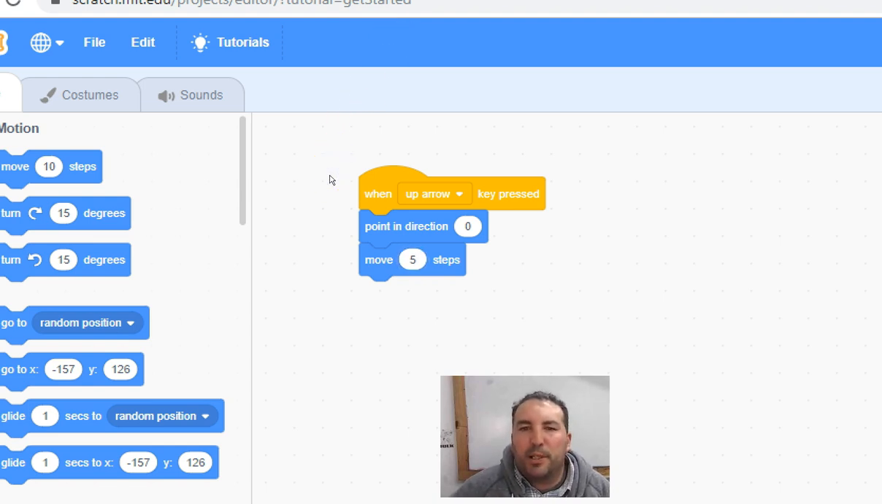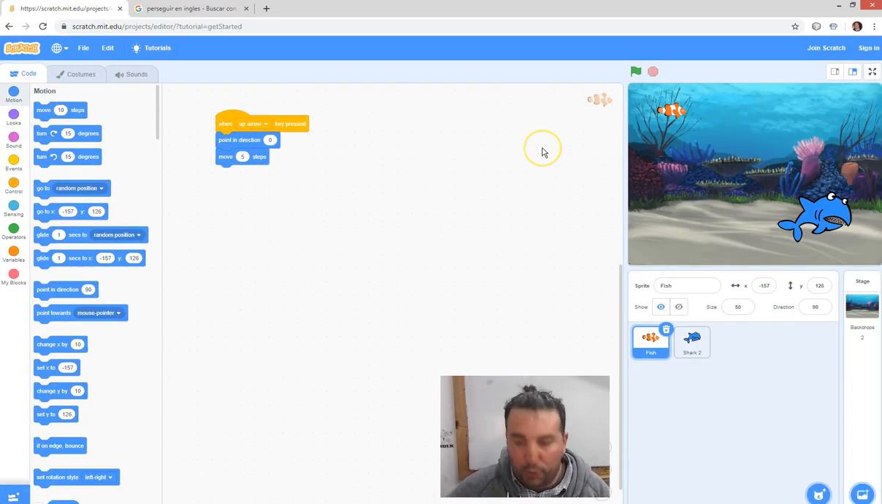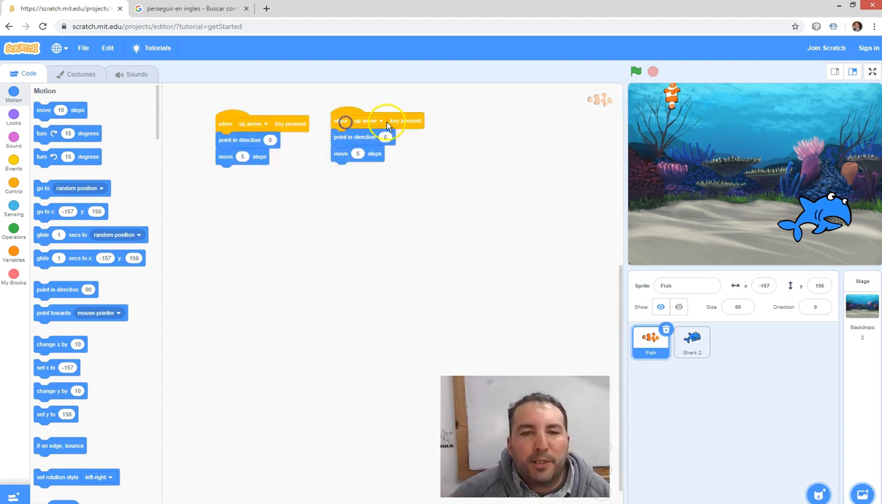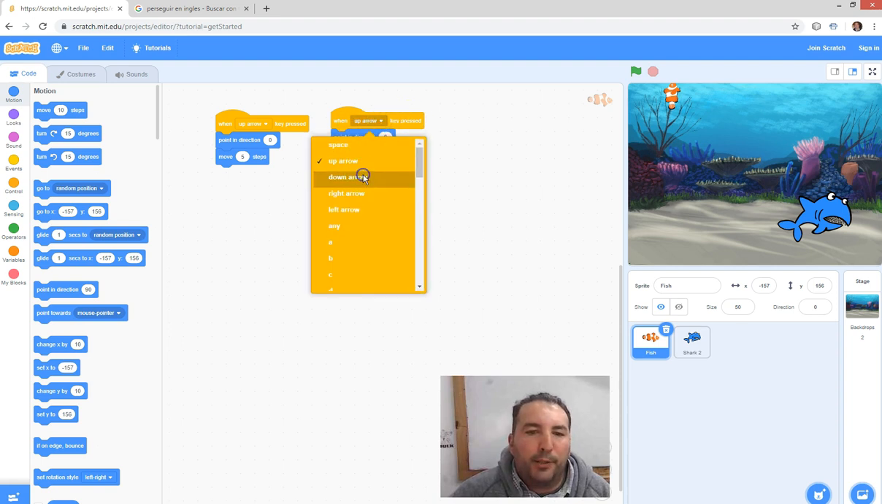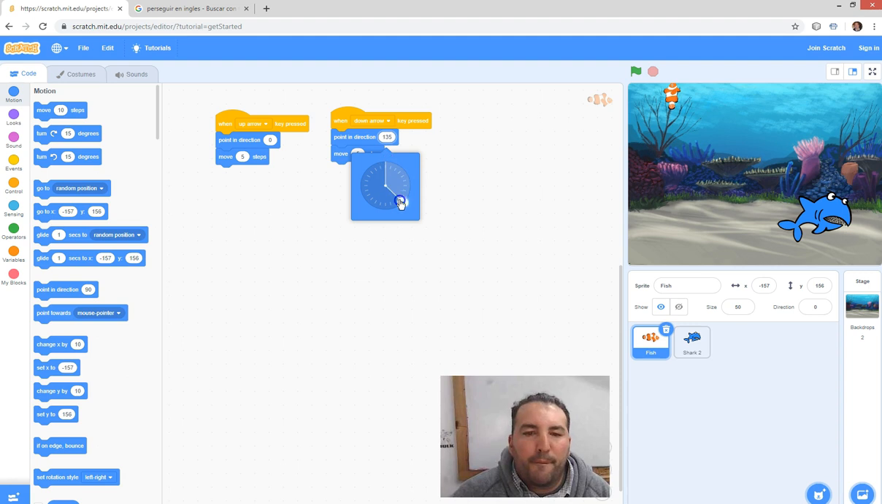In this game, the steps is the velocity of the fish. If you want the fish to move faster, you can change this value, put 10. Okay. If you press up key, the fish moves up. So we can duplicate that. Duplicate, down arrow, 180, okay, duplicate,